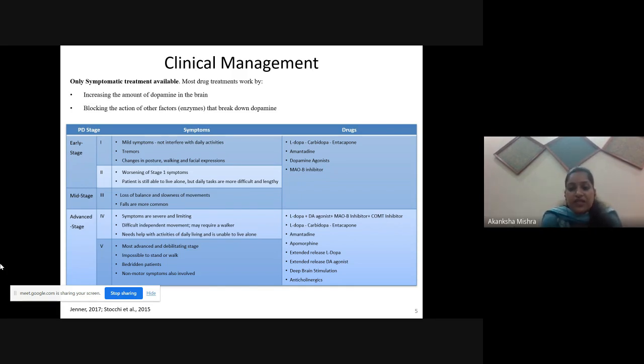There are various drugs like levodopa in combination with agonists and inhibitors, then carbidopa. Apart from that, there are some extended release drugs, meaning they are given once but released over an extended period of time. Apart from that, there are surgeries, including deep brain stimulation, where electrodes are inserted in the brain and act like the function of dopamine, so that movement disorders are basically cured. And there are also some anticholinergics. So this is the current treatment of Parkinson's disease.